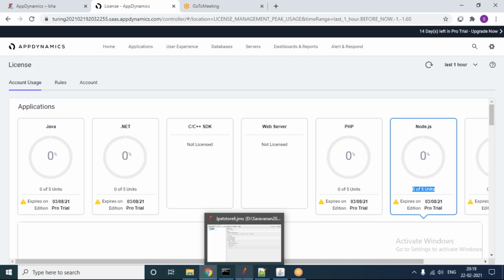What light license means is all these 5 units will become 1 unit, which means one Java application, one .NET application, one Node.js application, like that. All your 5 units will become 1 unit. That is the pro license and the light license. Anybody have any question till now?